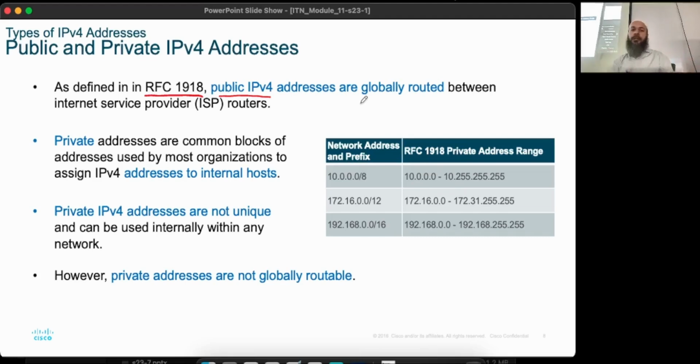Okay, right. So private addresses are common blocks of IP addresses. Blocks of IP addresses essentially means just a range, right? So let's say 192.168 dot everything. These are private. We have examples of this. So for example, 10.0.0.0/8. Now you know what that means. 10.0.0.0/8 means all the hosts which have the network portion as 10 dot are in this range.